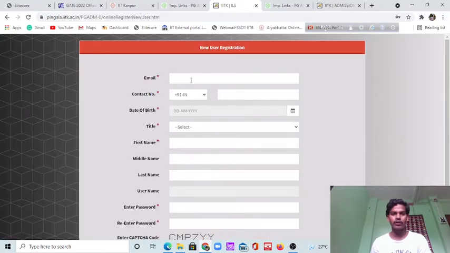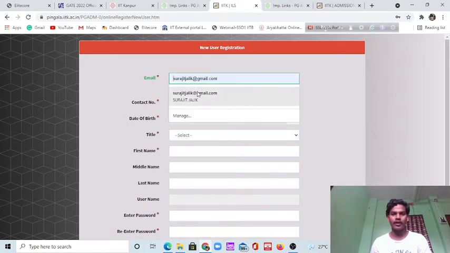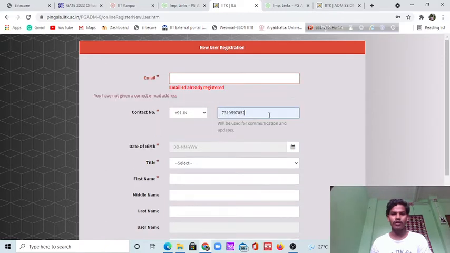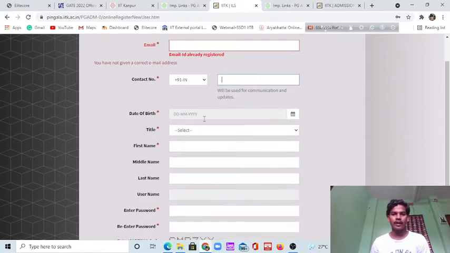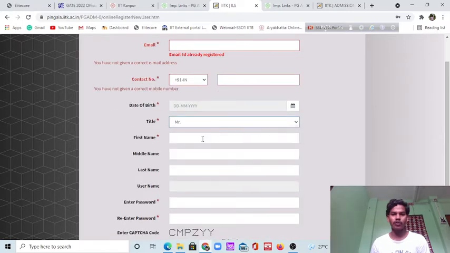You have to put your email, and check whether this id is already registered. Then you have to give your mobile number and so on. Then you have to give your date of birth and the title, Mr. or Mrs., and so on.